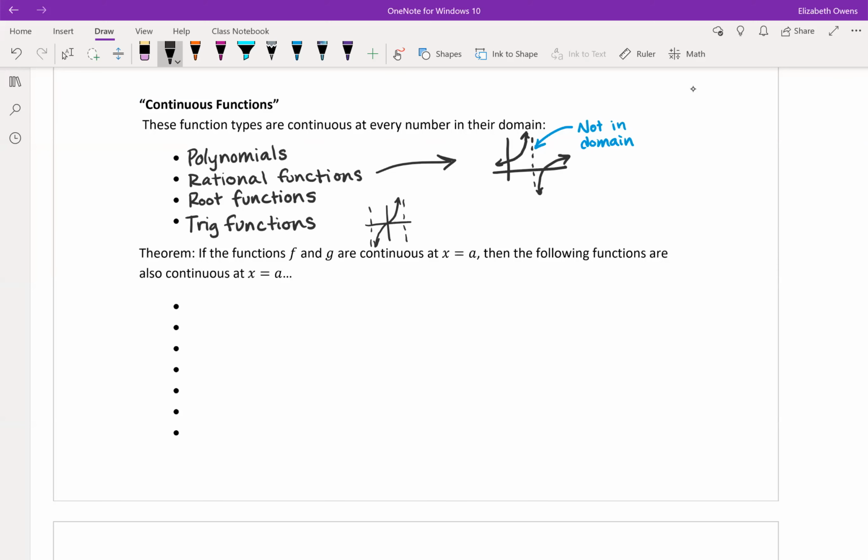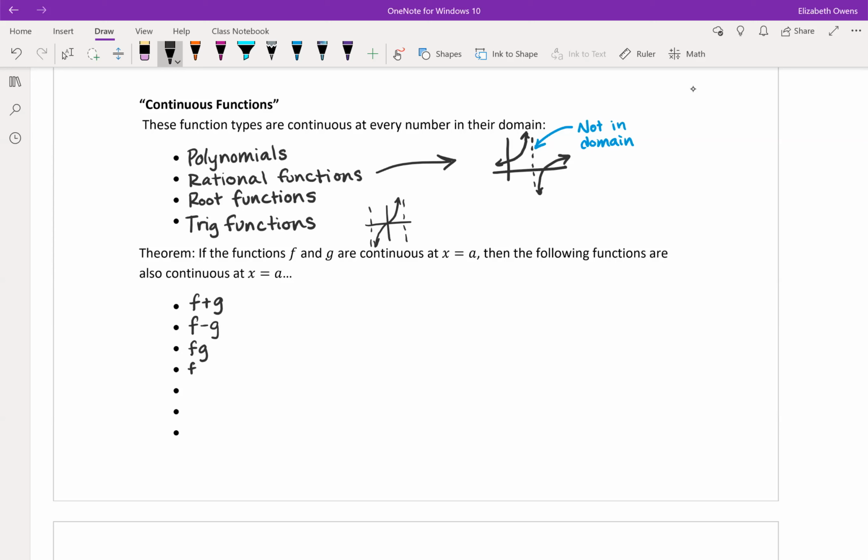So these follow the same type of principles as our limit laws. If you have two continuous functions and you add them together, the result will also be continuous at that certain point. Same thing if you subtract the functions, if you multiply the functions,